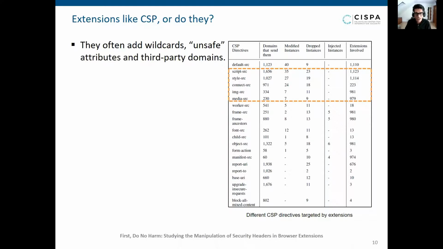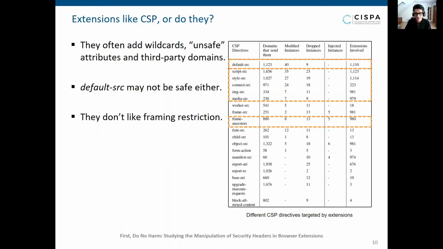We observe that many extensions modify directives which enforce content restriction and further add unsafe attributes and third-party domains. The default-src directive, which serves as the fallback directive for other directives that control the fetching of resources at the client, is also often targeted by adding wildcards or other third-party domains.